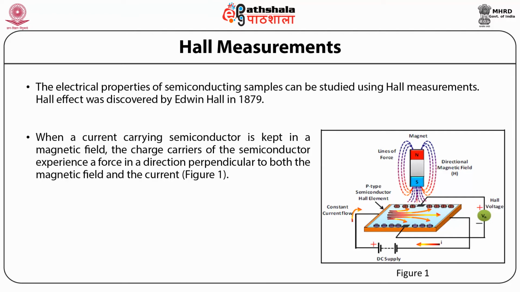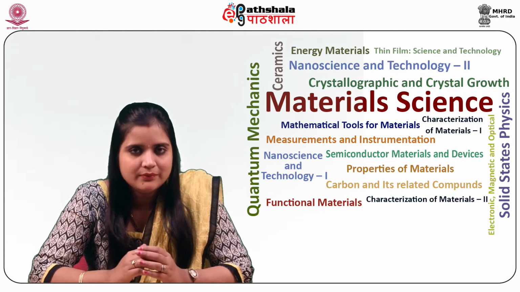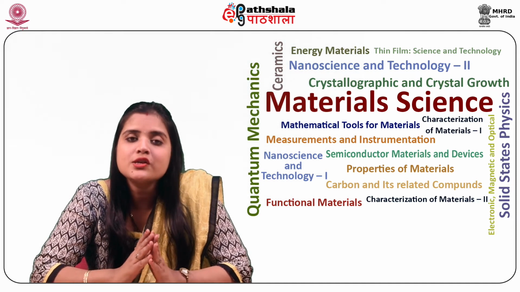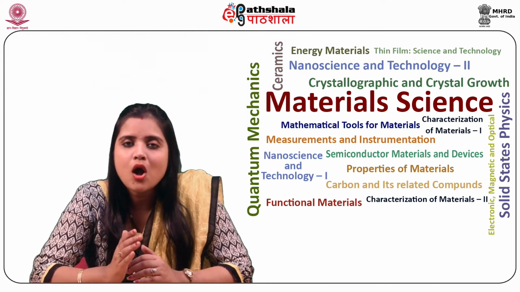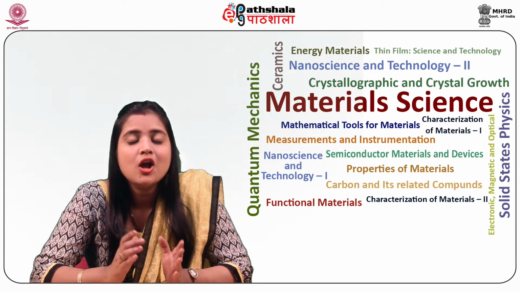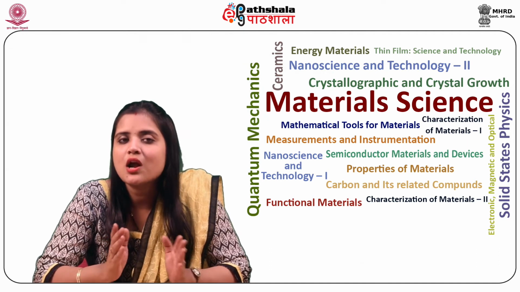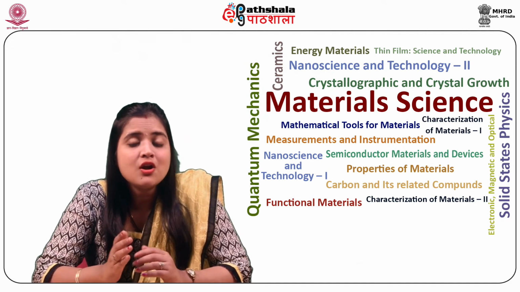When a current carrying semiconductor is kept in a magnetic field, the charge carriers of the semiconductor experience a force in a direction which is perpendicular to both the magnetic field and the current, as shown in figure 1. At equilibrium, a voltage appears at the semiconductor edges. This voltage is known as the Hall voltage, which is generated due to the collection of charges at different ends, which are perpendicular to the direction of applied